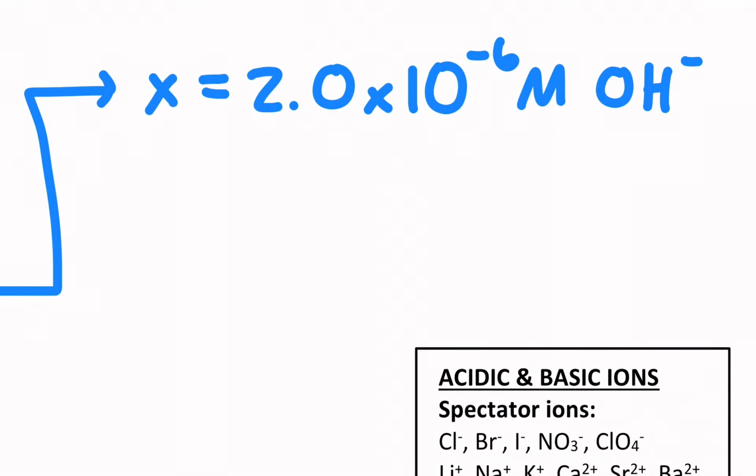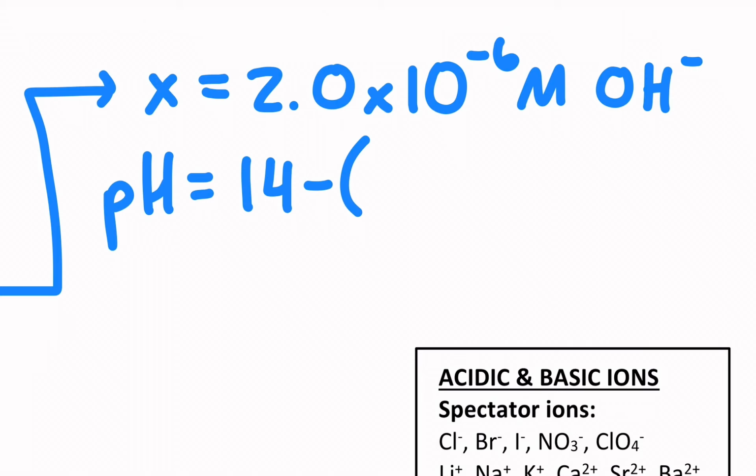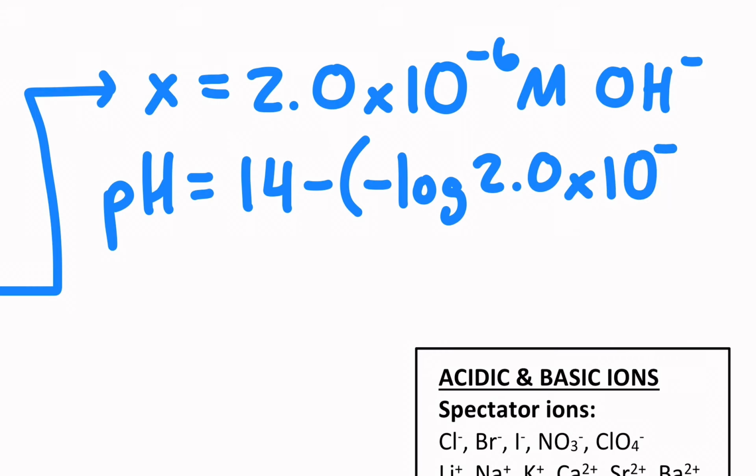And now I need the pH. The pH is the negative log of the H concentration, and what I have is the OH concentration. So I have to subtract that from 14. So it's 14 minus the negative log of what we just solved for. And I can do all that on the calculator and just write the numerical value. So in this case, I get